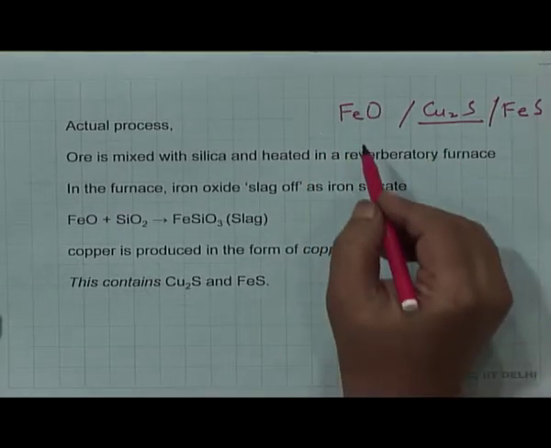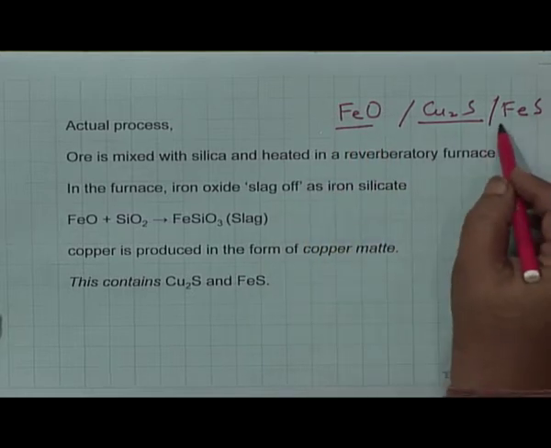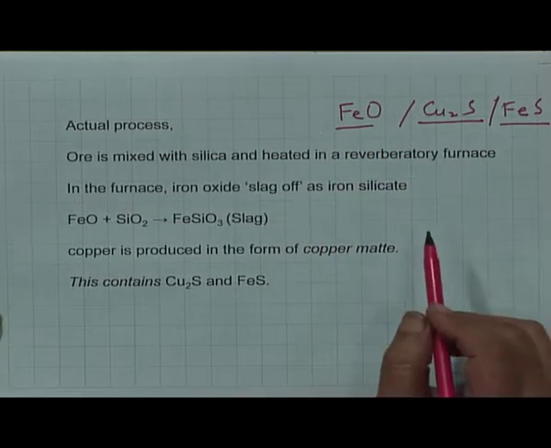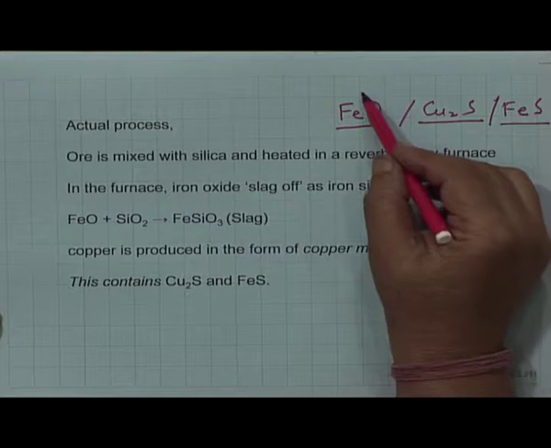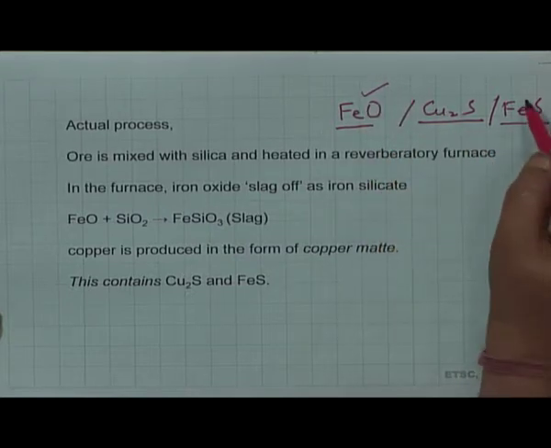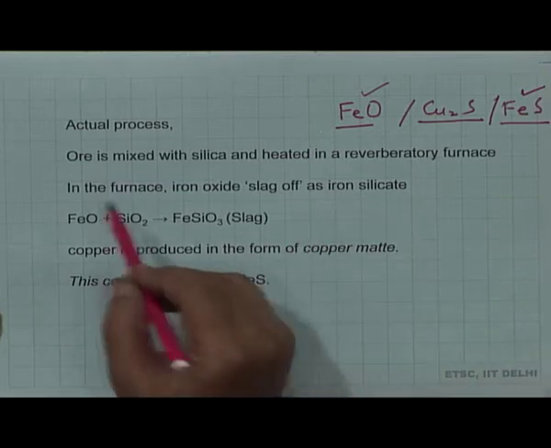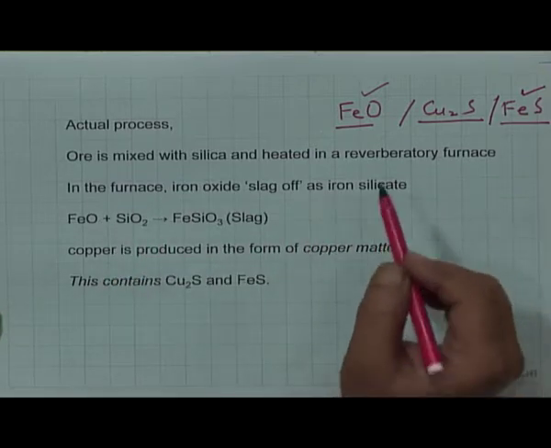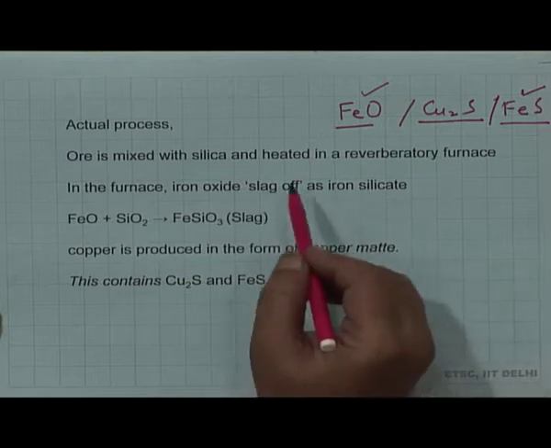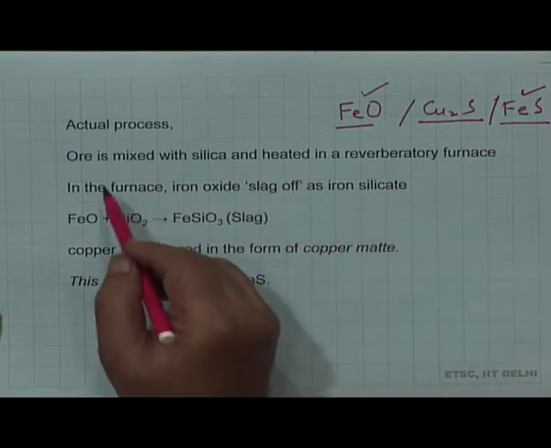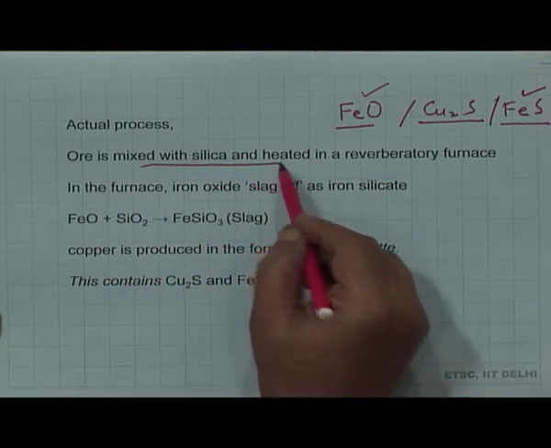So, we have to handle iron in two steps. In one step we will handle iron oxide, in the second step we will handle iron sulphide. So, what is done to handle iron oxide is the ore is mixed with silica and heated in a reverberatory furnace,